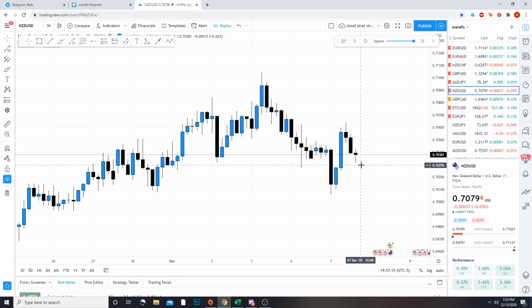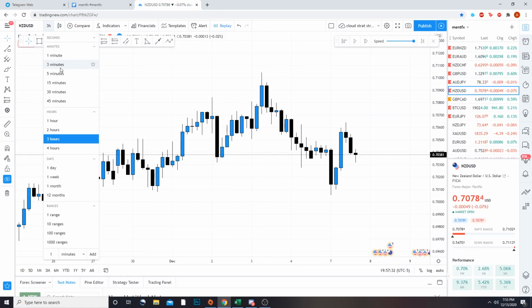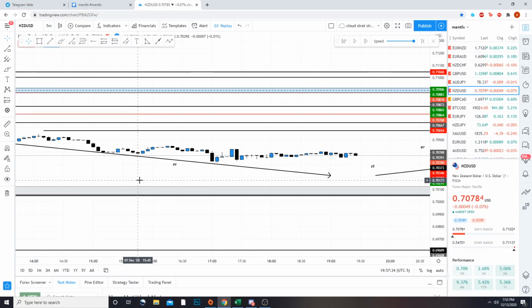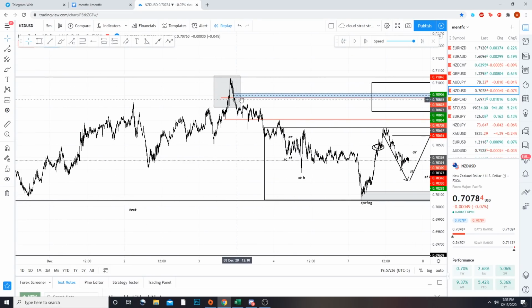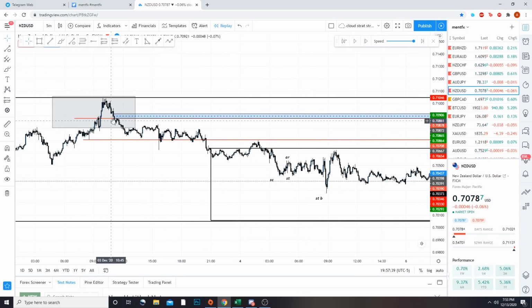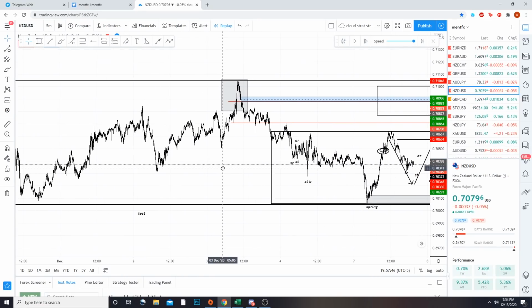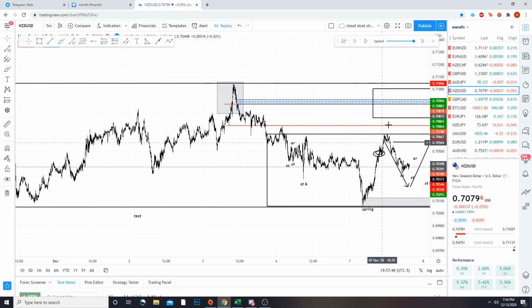And now you can see price is filling this imbalance in the form of inefficiency to give us, most likely from an institutional perspective, higher prices to which area? Above liquidity, aka somewhat equal highs, into this order block. How do we know where into this order block it might come? Well, that is when we start to apply our idea of inefficiency. And we find out that there's actually an inefficiency inside here, and 50% of it on a 5-minute is actually an inefficiency of a smaller area, and on a 15-minute, it's an inefficiency. So ultimately, if price was to give us higher prices, we could expect it to come up there.